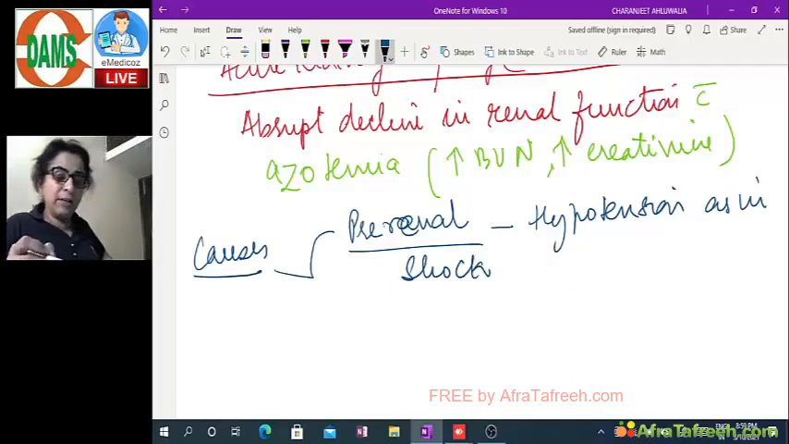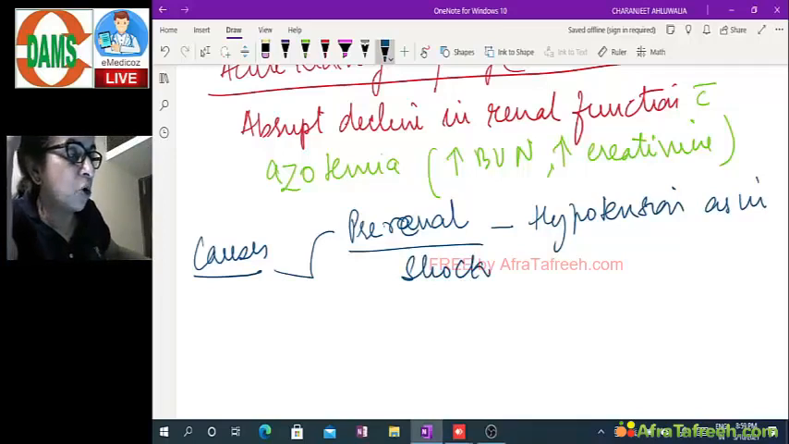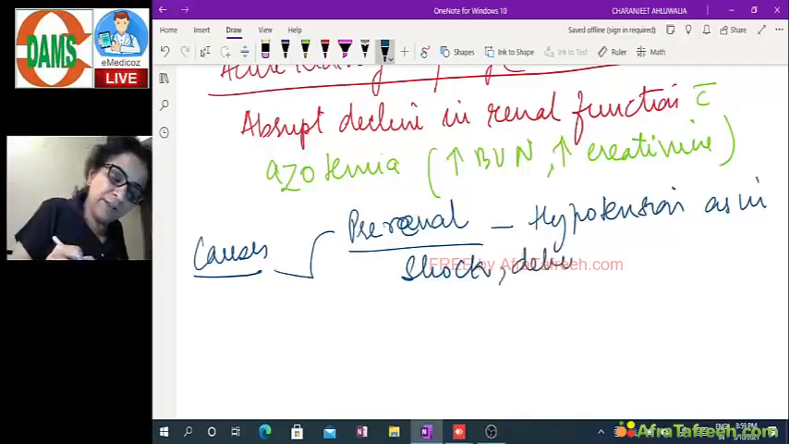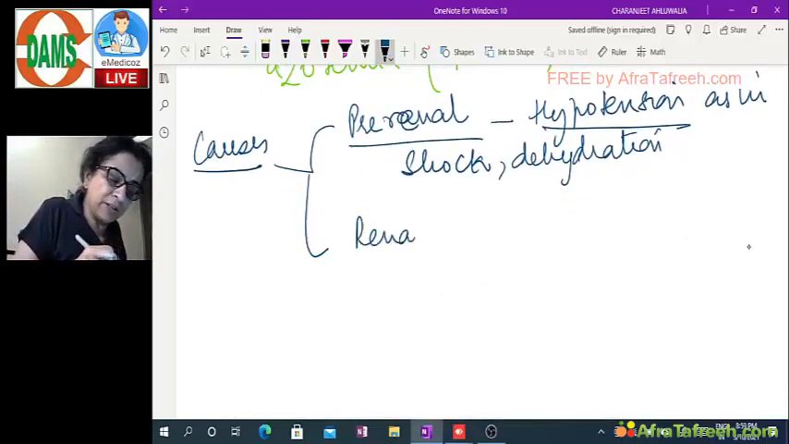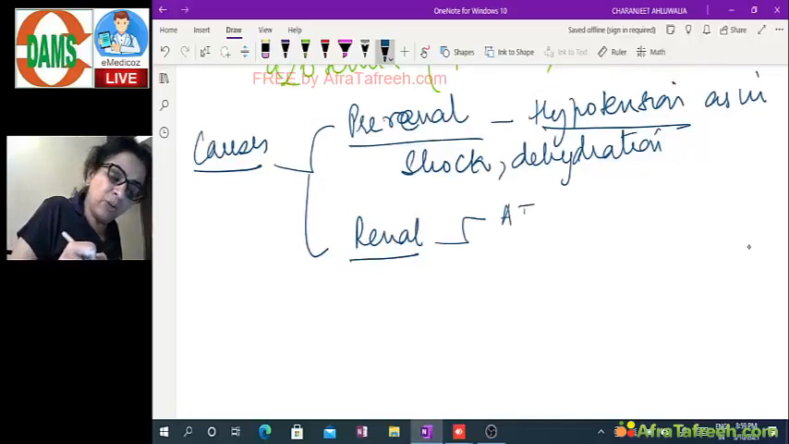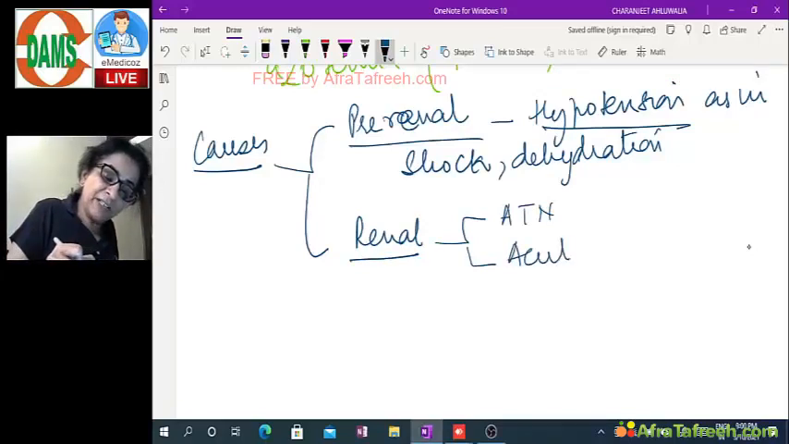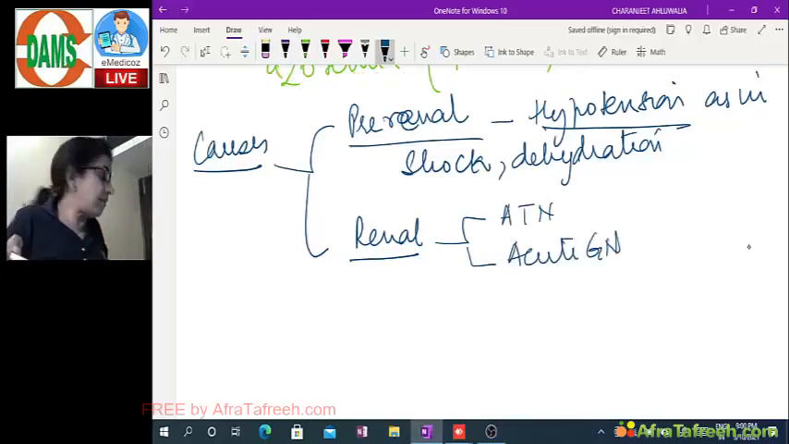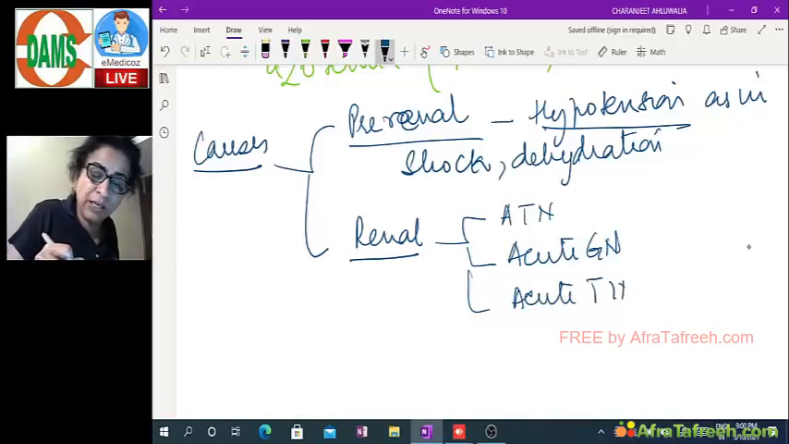So the kidney is not getting enough blood because of hypotension. This can be due to shock, dehydration or any other cause. So hypotension is a pre-renal cause of acute kidney injury. Second is renal cause. What comes under renal cause? We have acute tubular necrosis, ATN, causing injury. Acute glomerulonephritis can cause rapid deterioration of renal function, and acute interstitial nephritis, acute tubulointerstitial nephritis, acute TIN, can also